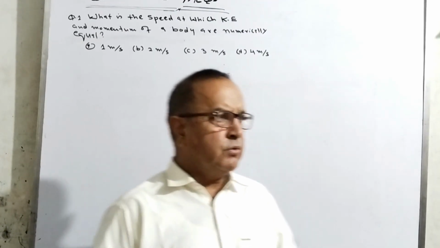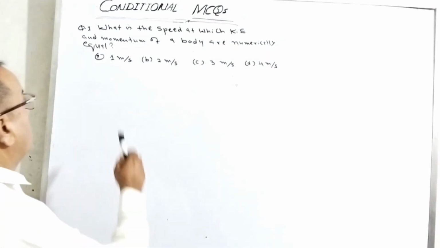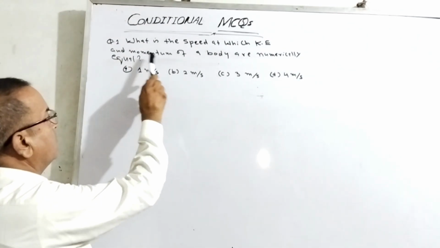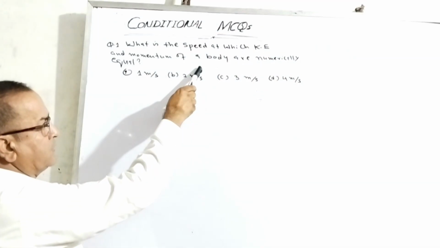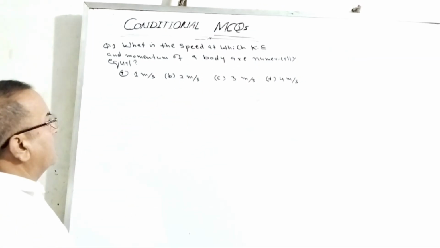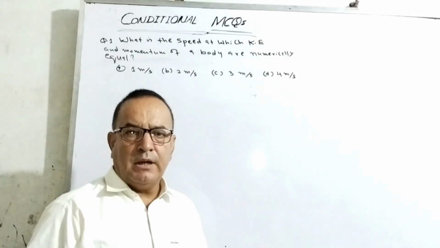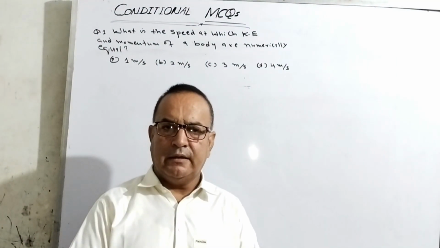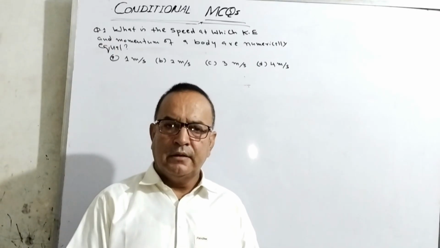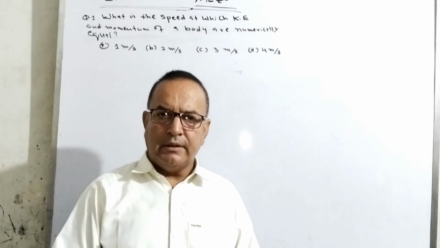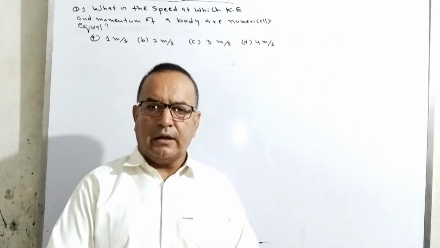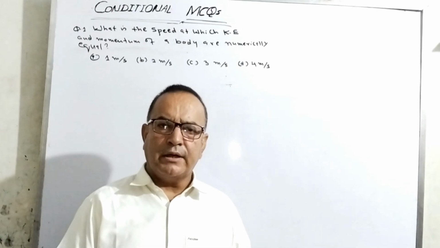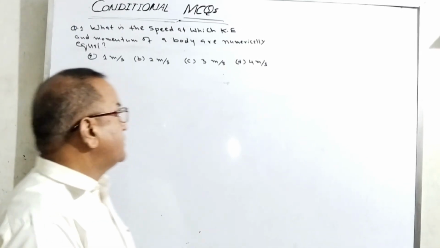So the MCQ is: what is the speed at which the kinetic energy and momentum of a body, meaning the same body, are numerically equal? You may also phrase this MCQ in other words, like: at which speed is the magnitude of momentum equal to the magnitude of kinetic energy? So this is also a conditional MCQ, and the condition is that